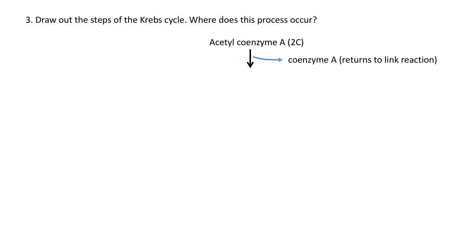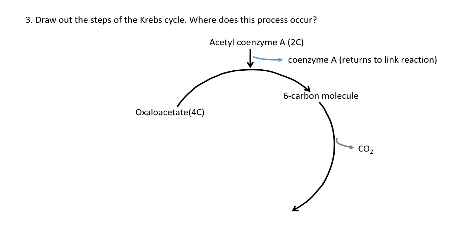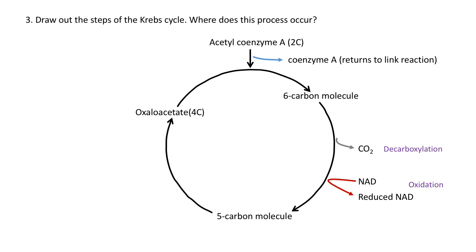So the first thing is the coenzyme A is removed, and that can return to the link reaction to be used there. And that combines with oxaloacetate to form a 6-carbon molecule. Okay, so we've got a decarboxylation and oxidation of that 6-carbon molecule to produce a 5-carbon molecule, and then the next step